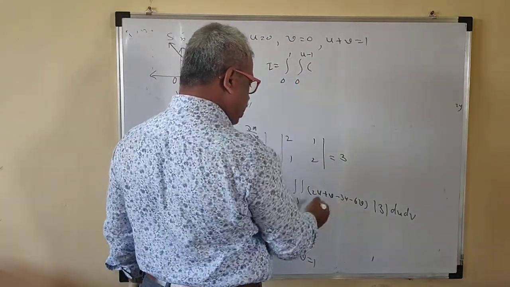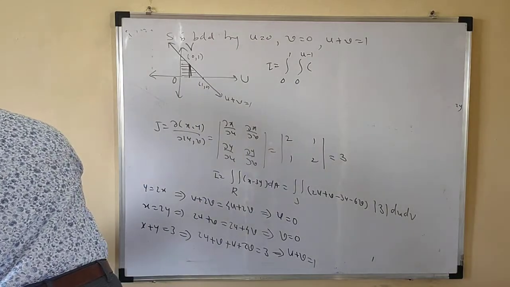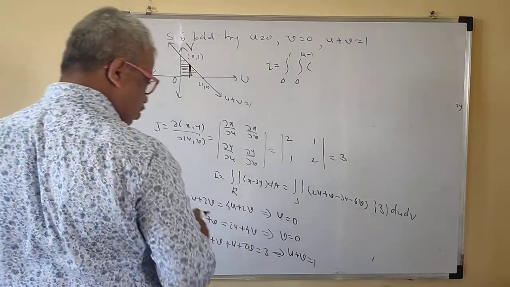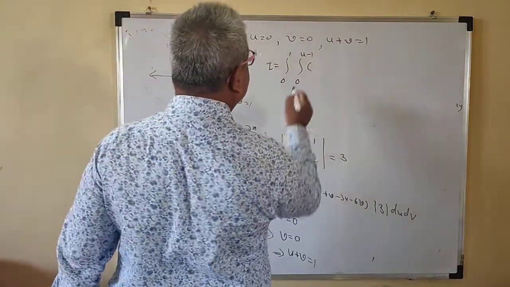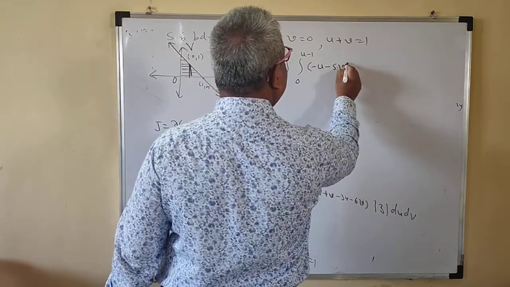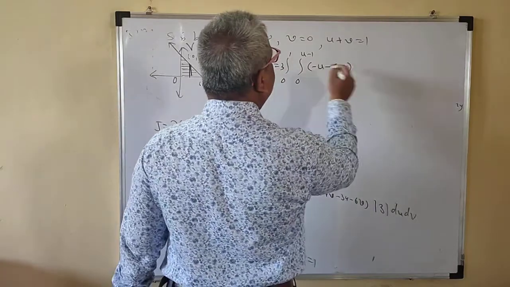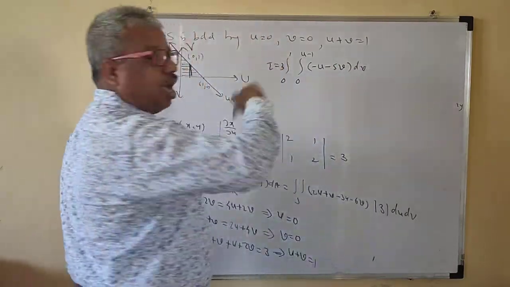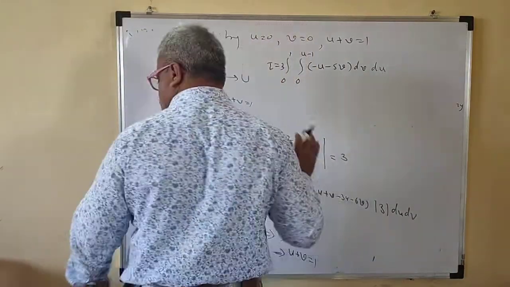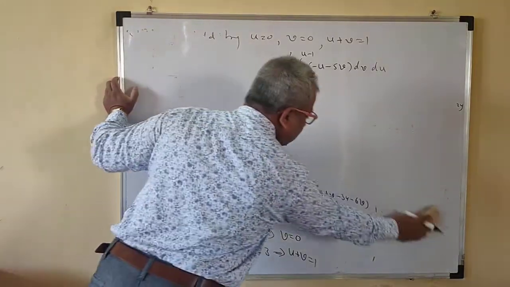This is what, how many u's are there? Minus u are there. Okay. So how many u are there? So minus u, minus u, minus 5v, minus 5v. I can take 3 here now. Okay. So then these are the limits of v. So I have to integrate because what? Our strip is parallel to the axis. So this is dv. Then this is du. Okay. So I have to solve this integral only. All other part is useless now. So I will erase that.